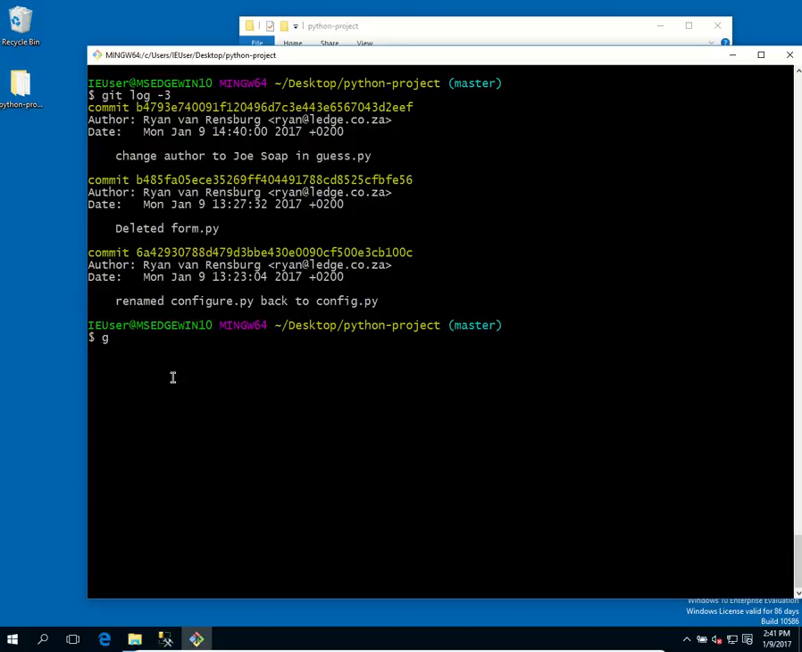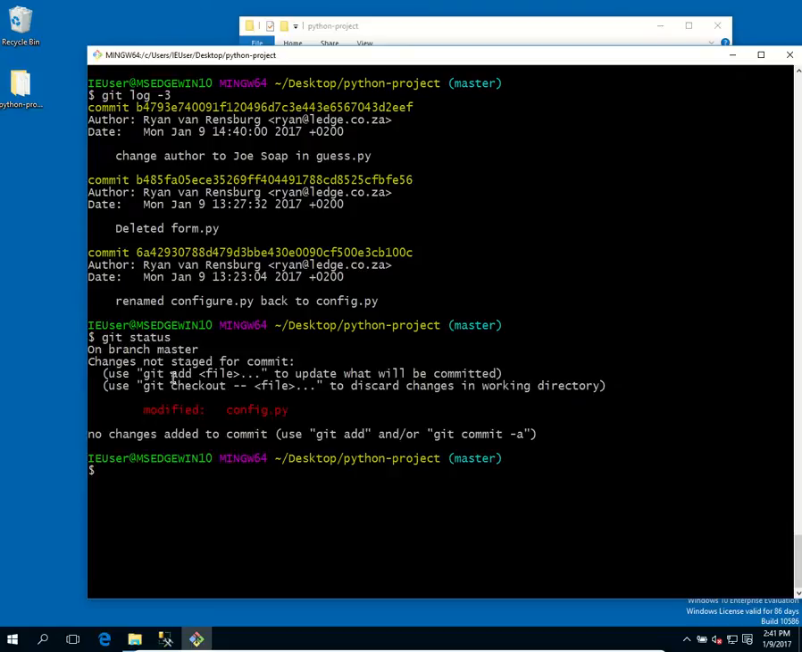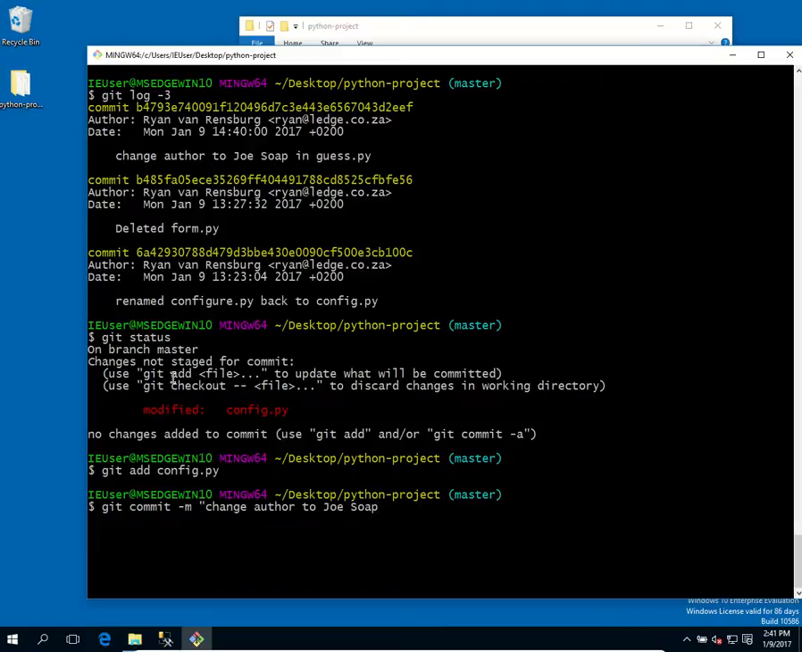So now if I do a git status, it tells me it's modified. If I do a git add to stage it, and then I need to commit that. Now if I just do a commit and I say change author to Joe Soap in config.py, that is going to make a completely separate commit, a completely new commit over and above the one that